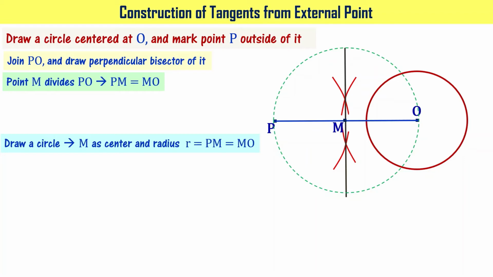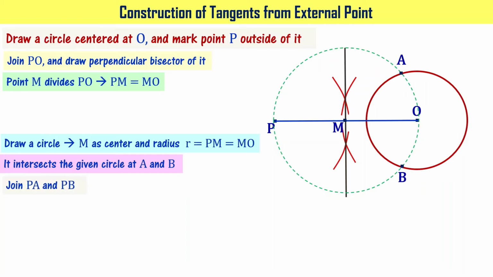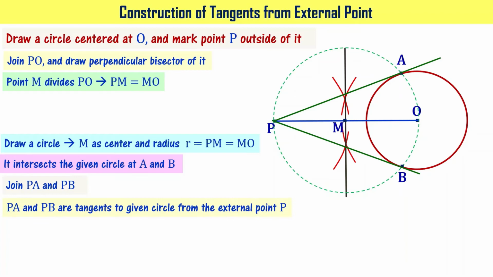When I draw a circle like this, as you see here, the newly drawn circle, which is shown using dotted lines here, is intersecting the original circle at 2 points. Those points are marked as point A and point B, right? Now, let me join PA such that I get a tangent, that is tangent PA, and let me join P and B such that I get another tangent, that is tangent PB, right? This is what we wanted to do. PA and PB are the tangents to a given circle from the external point P, right? Please note this.